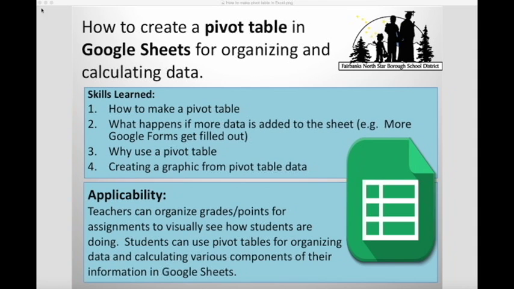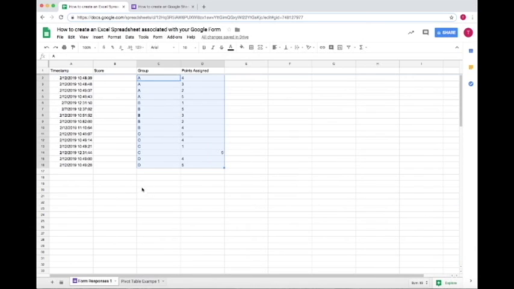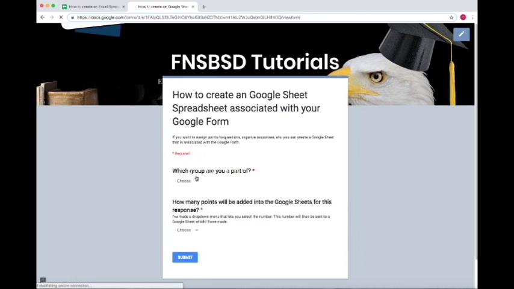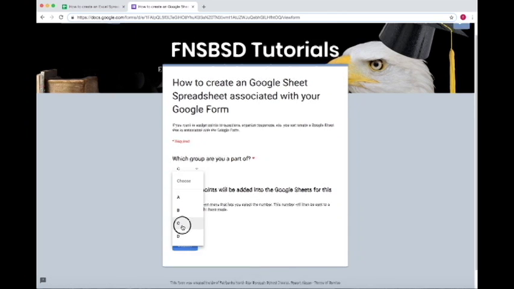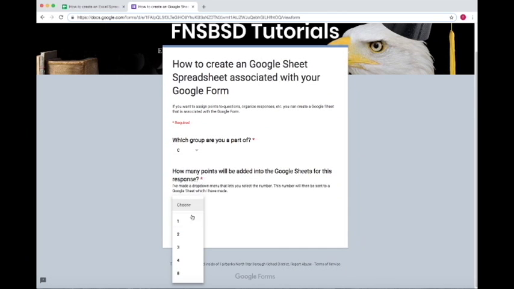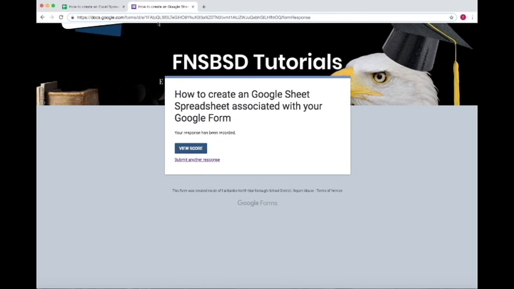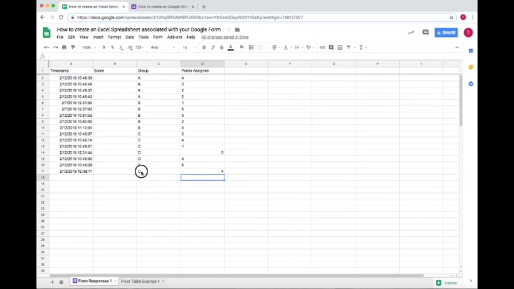information in Google Sheets. So here we have a Google Sheet that's associated with this Google form. So now when a student fills out the Google form, they'll put, for instance, what group they're in, and then how many points they got. So group C, 4 points. And now we'll go back to this sheet, and as you can see, group C now had 4 more points